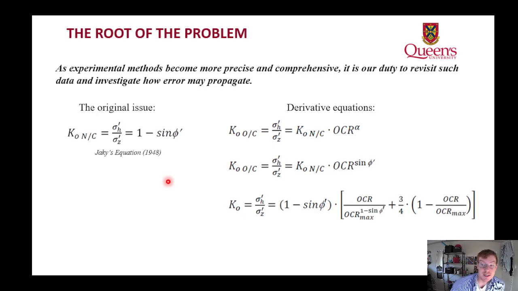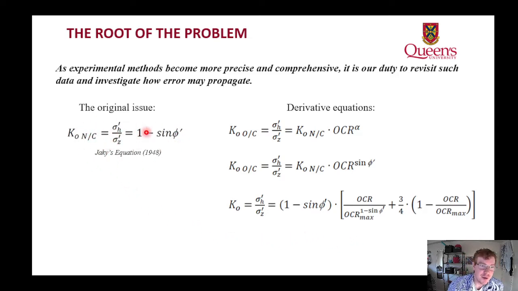So a handful of academics have spoken out about this improper assumption. However, to date, much of the data actually lines up with Jaky's equation and its sibling equations, these derivative equations on the right side. So much of the data is actually in agreement with these equations, and therefore people have kind of shoved it under the bus. They don't want to think about it because it's working. But